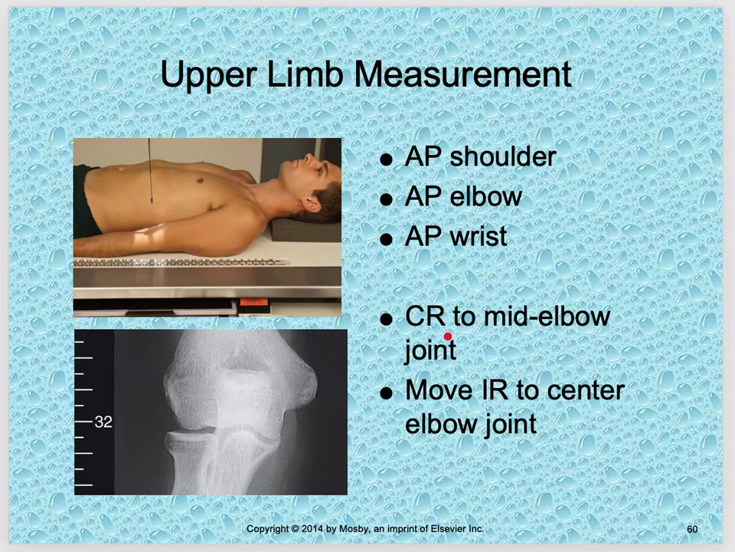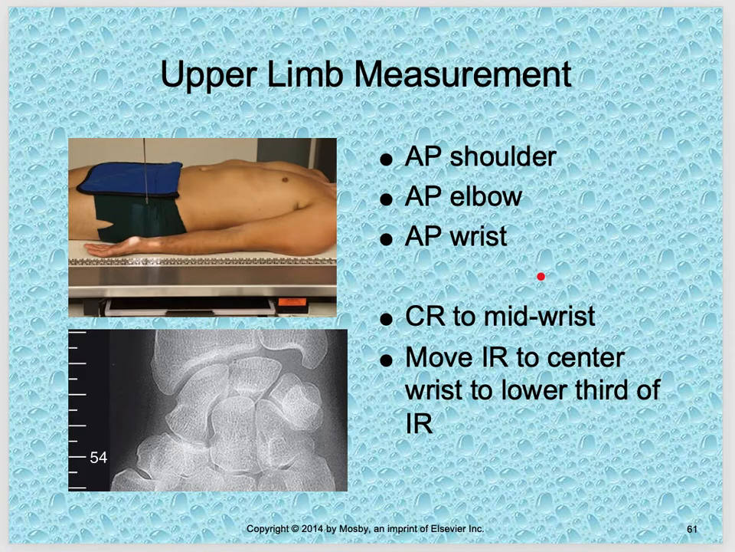So your elbow joint, central ray is to the mid elbow. Move the IR to center to the mid elbow joint or the elbow joint itself. And then once again to the wrist, you are central ray to the mid wrist. Move the IR to center the wrist to the lower third of the IR. And that's what they're talking about. So shoulder is here. You image the shoulder at the top. You image the elbow right here. And then you image the wrist right here on this image cassette,